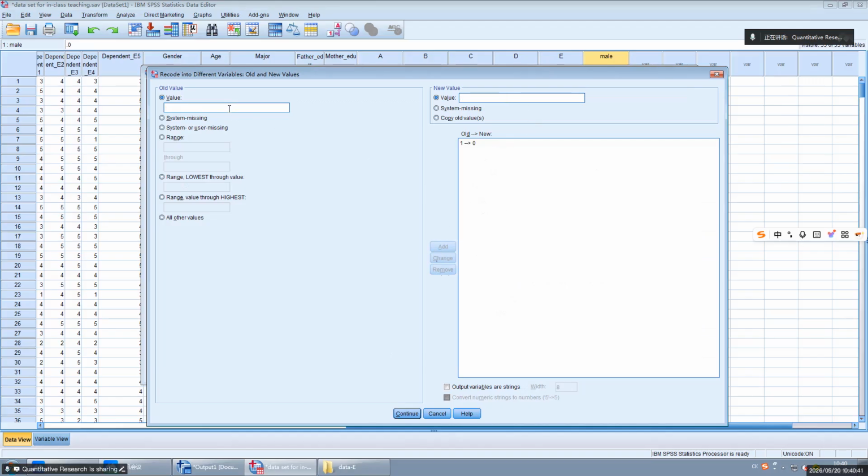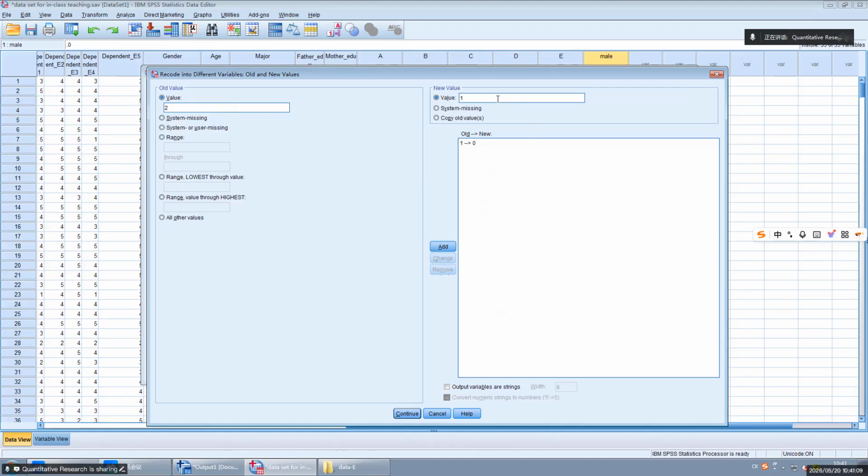Okay. But the old value is 2. The new value should be 1, right? The old value 2 represents female, and 1 is for this dummy variable for female.